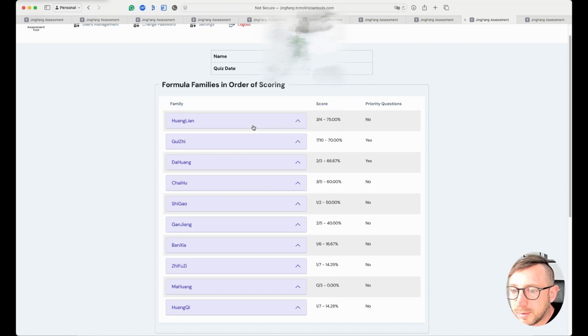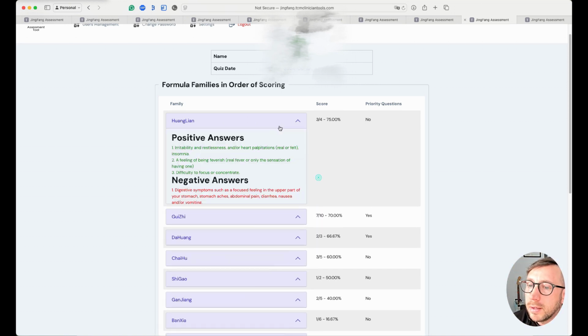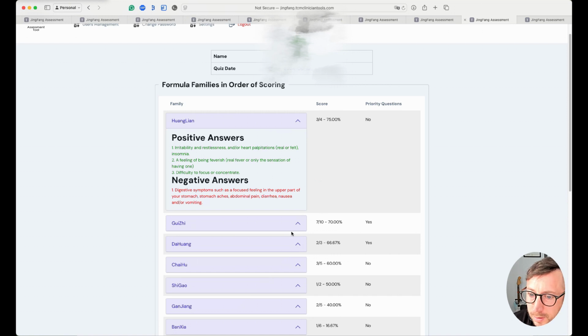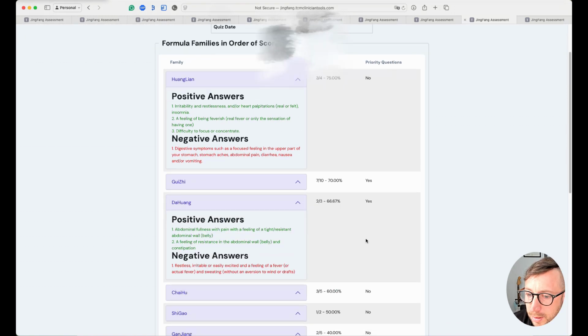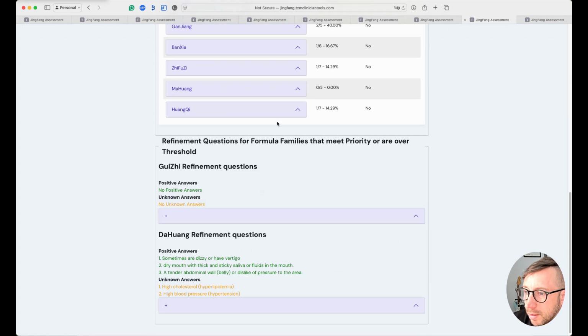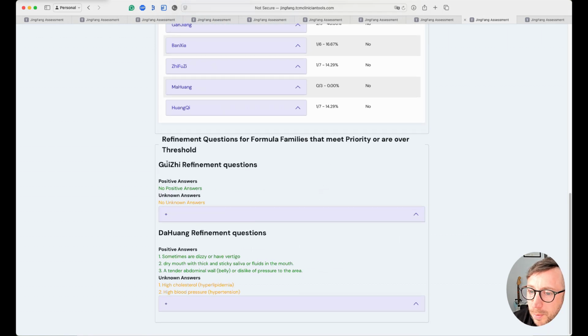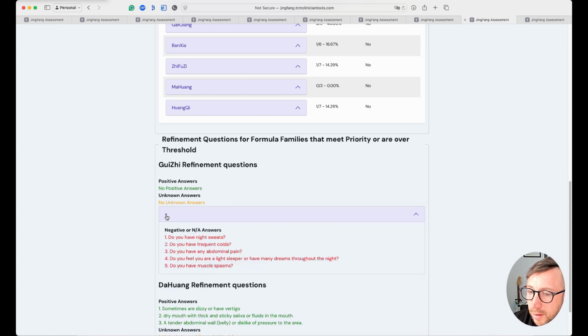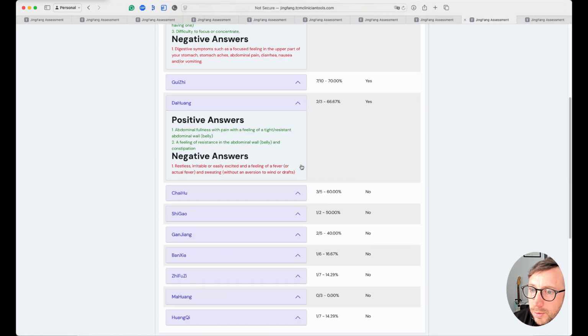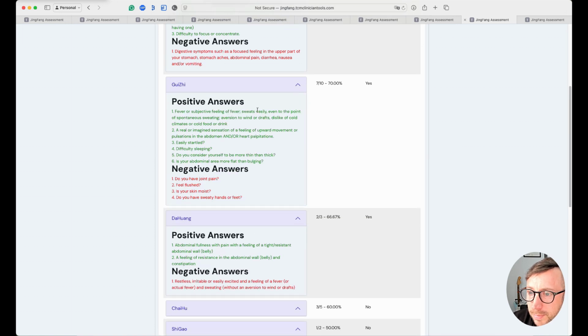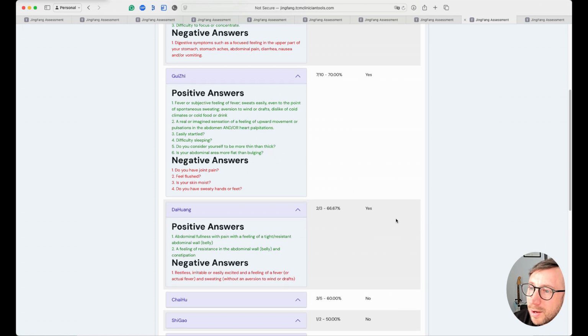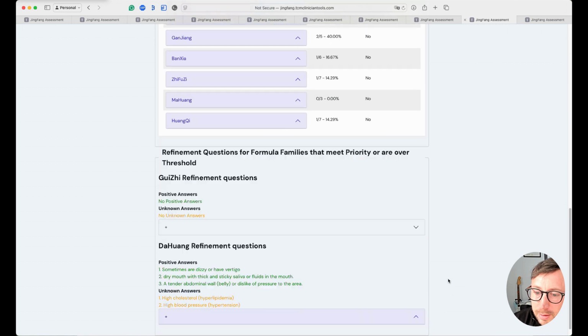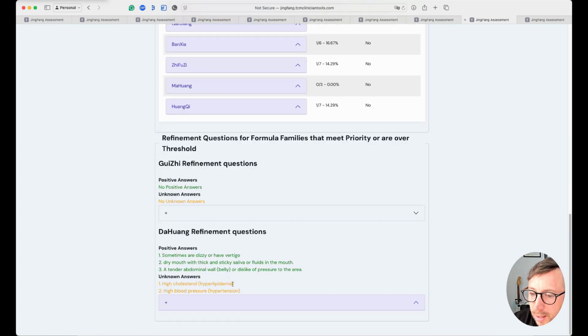So this person has some sort of stagnation heat, maybe, right? So we're looking, and there's Huang Lian, Da Huang, but they had priority questions. If we scroll down here, these are the questions that they asked. When we went to Guizhi, they were not positive on any of the Guizhi questions. So the question is, if we look at Guizhi, they feel like they have some sort of sweating. They feel an upward motion. They're easily startled and all these things. They're not a Guizhi person. They're not. When we look at Da Huang,